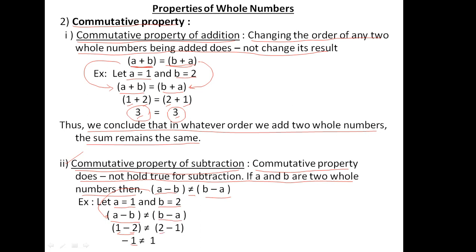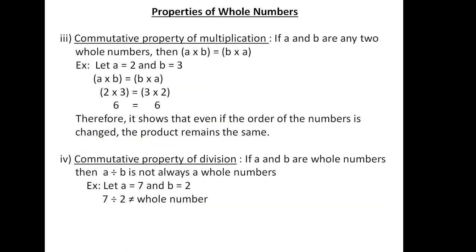Now the value of b is 2, value of a is 1. When we subtract 2 minus 1, it will come 1. Means LHS is 1, RHS is 1. Both are unequal. Now we will move to the next one, that is third one, that is commutative property of